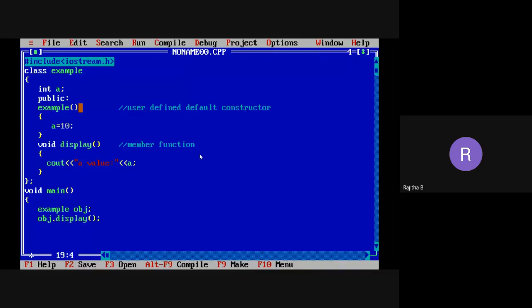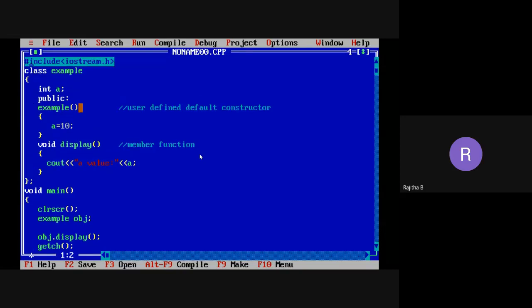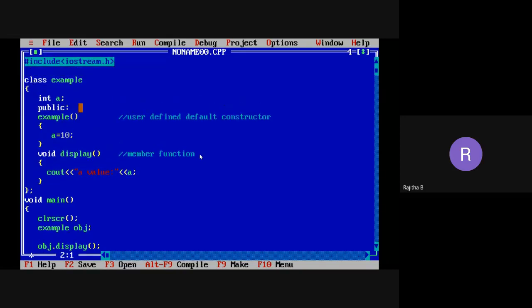Now I want to clear the previous output also. So I want to use the statement clrscr, clear screen, and the getch function. If you are using clrscr, you need to include the header file.